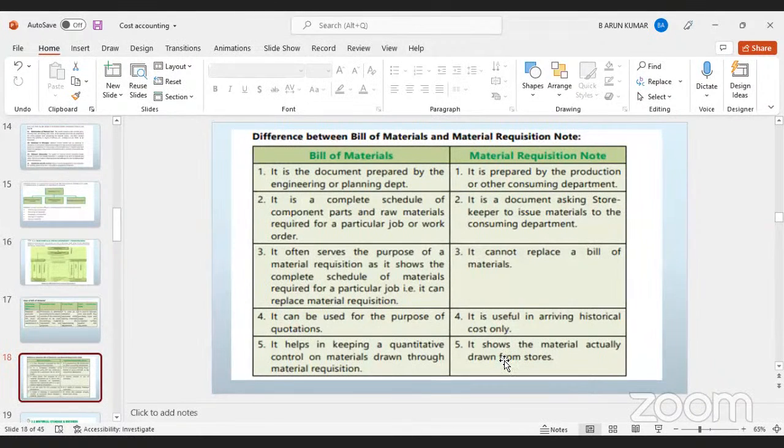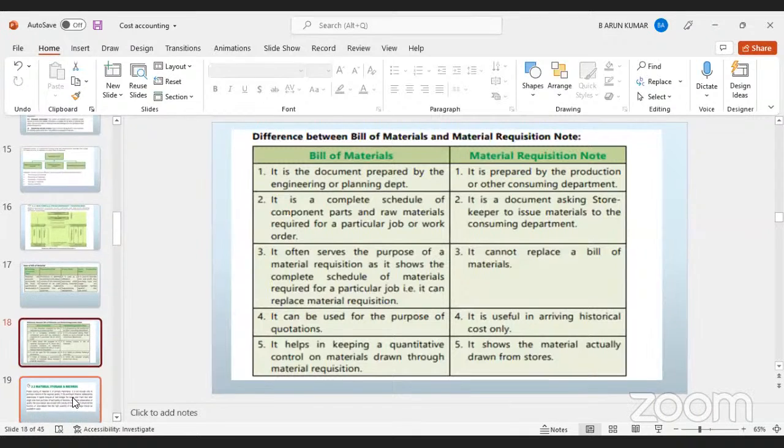The material requisition note shows the material actually drawn from the stores department. So finally, here you see what is actually obtained from the stores department. And the next slide is